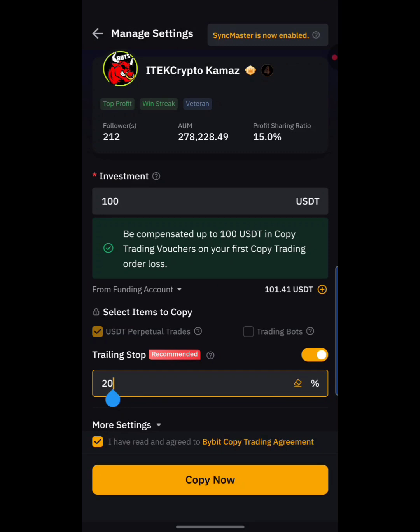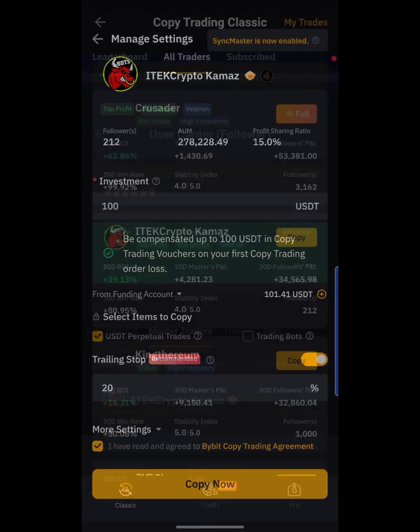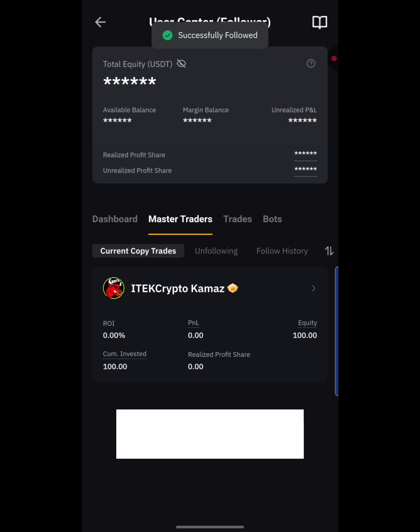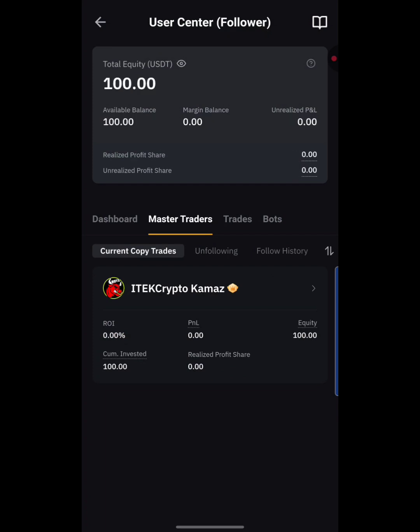So as you can see down below here, that is Copy Now. I'm going to be copying this trader right now, guys. I'm going to hit on Copy Now. Okay, so let's see how this goes. Okay, so as you can see, it is successfully followed. So I just successfully followed this trader right now, guys. All right, so that is basically how you can follow traders right here, just by copying their trade